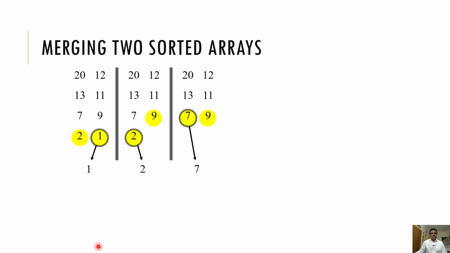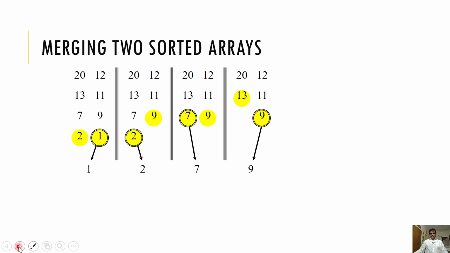So, then after returning 7, it will point to the 13. So, 13 is the next minimum. Then we compare 13 and 9, and 9 is the minimum. So, we output 9, and then we